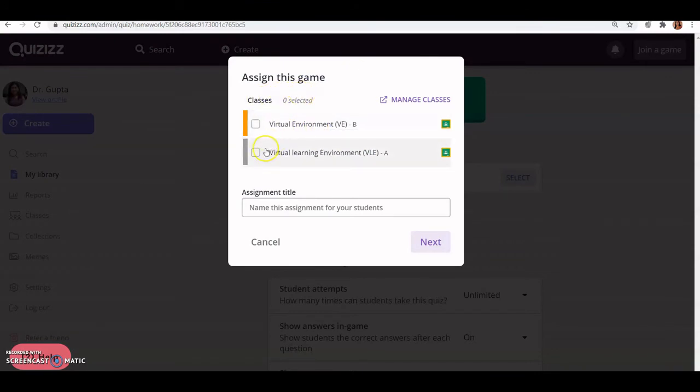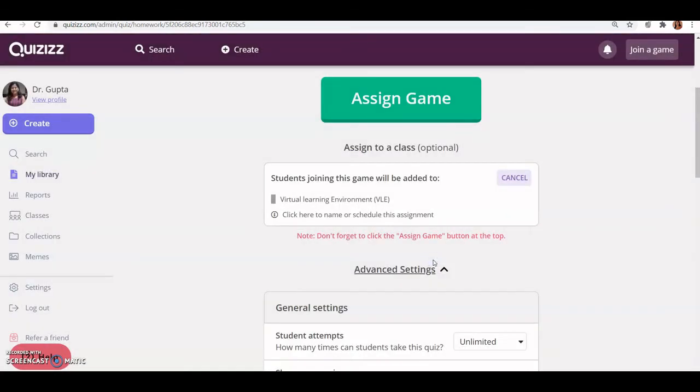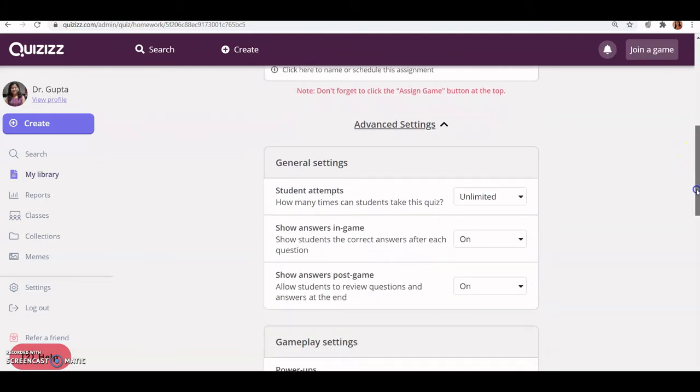So it will ask me for which class I want to assign this quiz as homework. I will click on this class and type a message, like this quiz has been created and you have to attempt this quiz, and then click next. Now this quiz is assigned to this classroom and later the students will see and attempt the quiz.